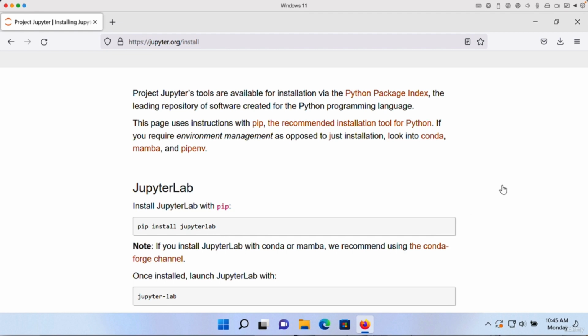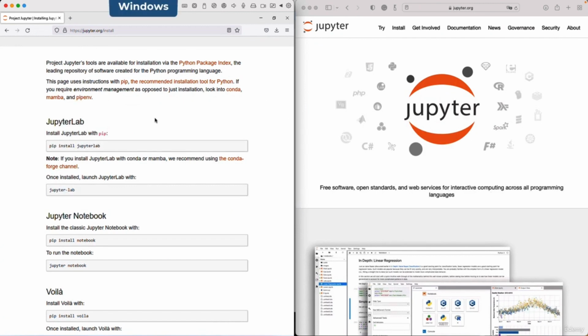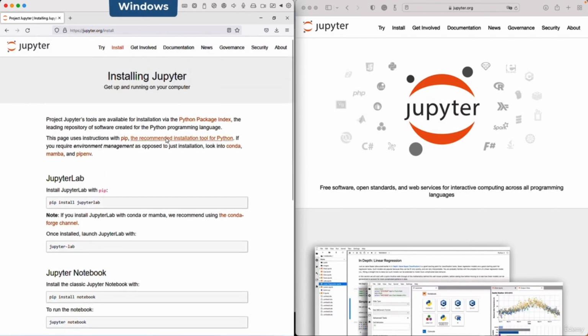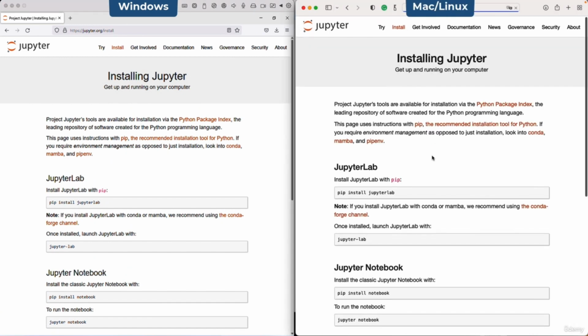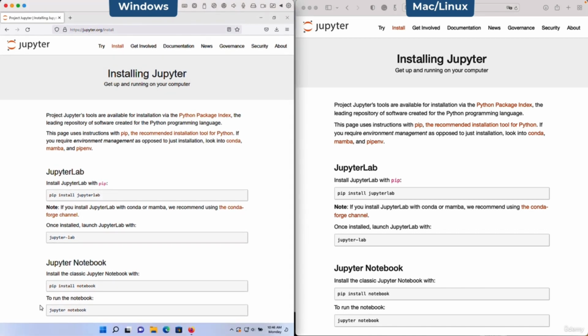That's why here I'll keep two operating systems open. Here on the left I have a Windows machine. And here on the right, I have a Mac machine. So I'll tell you exactly what you need to change during the installation depending on your operating system. So if you are on Windows, Mac or Linux, you'll know exactly what you need to do to install Jupyter correctly. So if you are on Windows, you should go to the Start menu